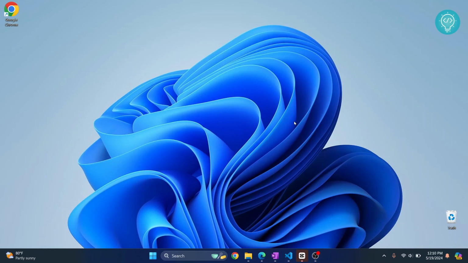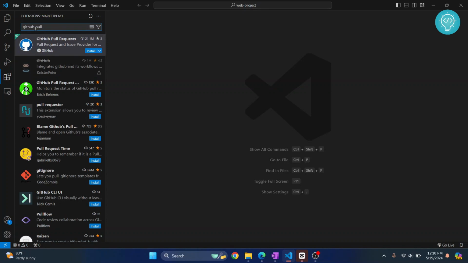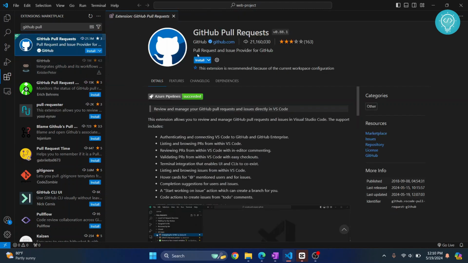In this video I'll show you how you can clone or pull code from GitHub directly to your Visual Studio Code IDE. So first, open your VS Code and go to extensions by clicking here, or click the shortcut Ctrl plus Shift plus X, and here search for GitHub pull requests, and you'll get a bunch of options. But you need to click on this one from GitHub that is named GitHub pull requests. Click on install,